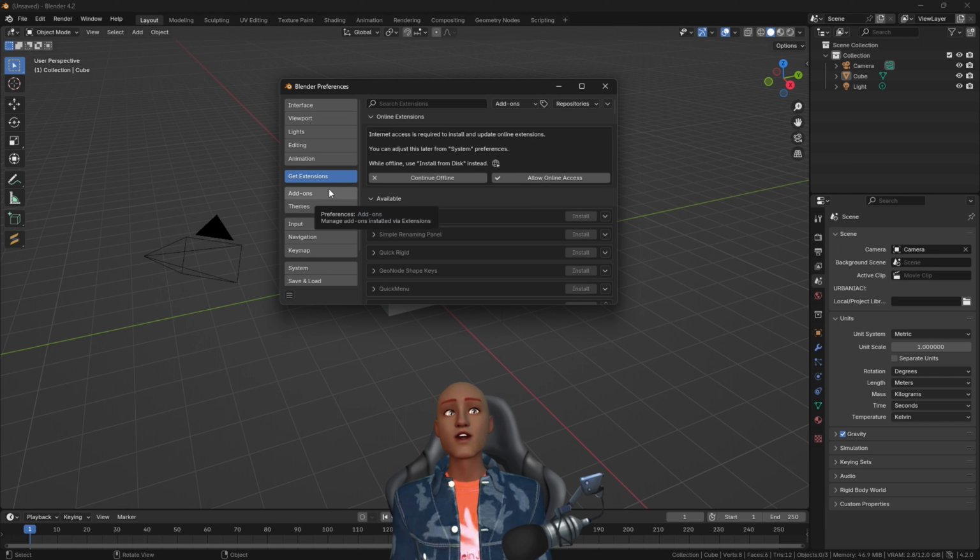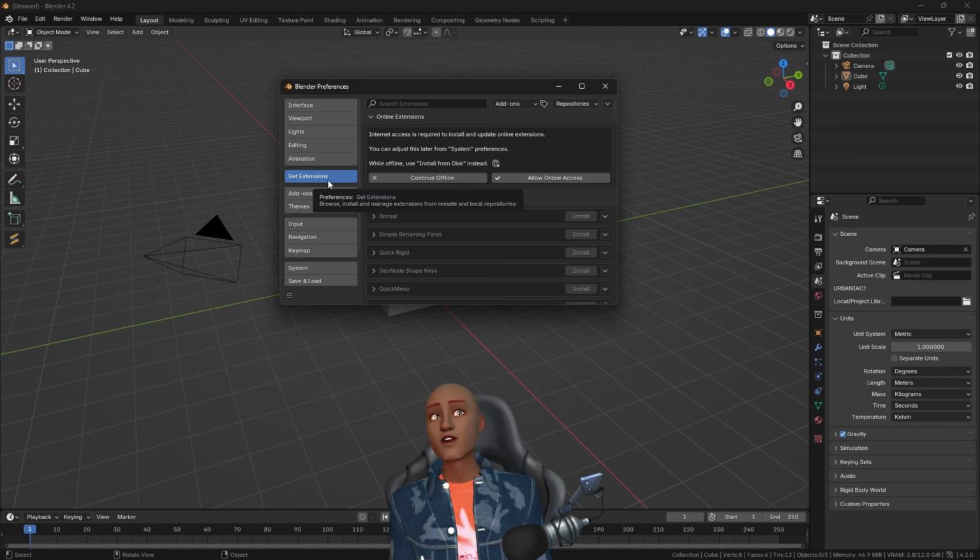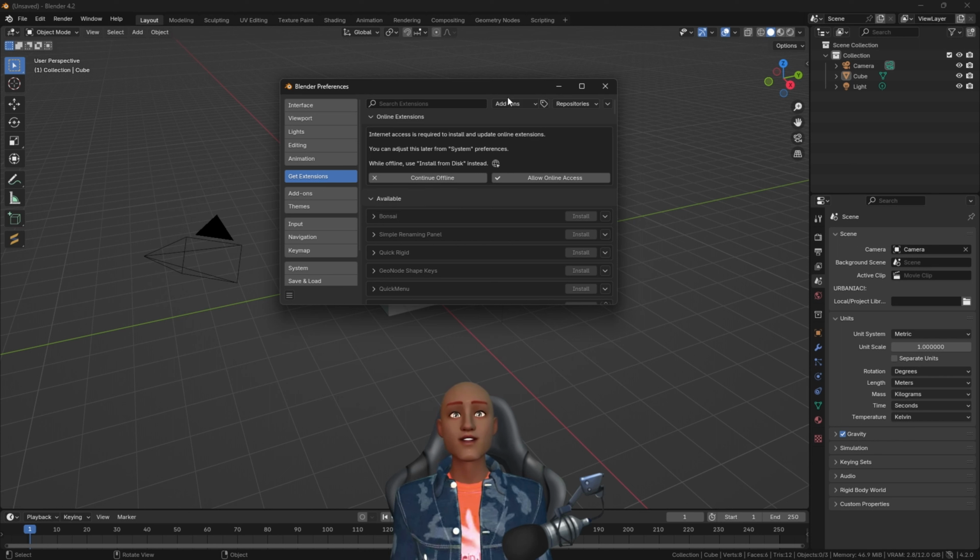Okay, so now moving forward anyway, what's happened here is add-ons have changed into extensions, in the sense that now they have add-ons and themes as subcategories of Get Extensions. Okay, so the other thing to note also, you need to be online to get your add-ons. But I'll go through how to install the traditional add-ons, the old add-ons, and also how to install